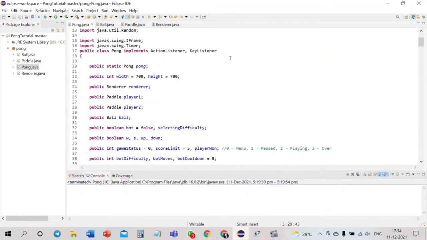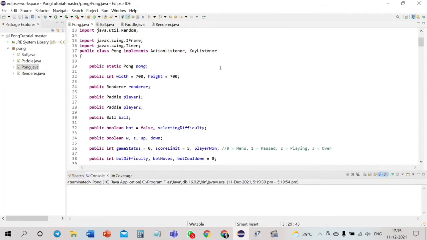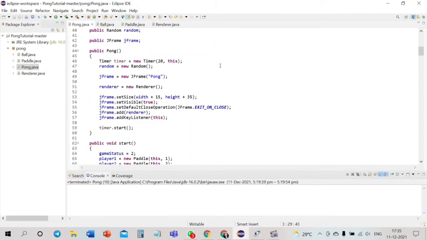And the next is Java key listener. So it is notified whenever you change the state of key, and it is notified against key event. So the key listener interface is found in the java.awt.event package, and has three methods. And the three methods of key listener: public abstract void key pressed, key released, and key typed. And the next one is